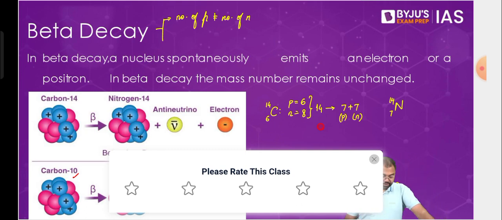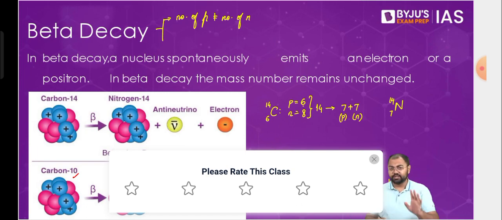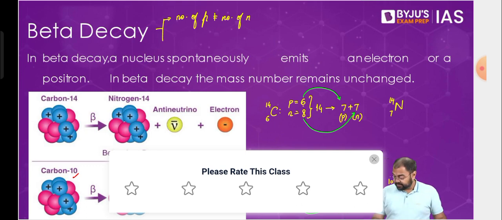So now there can be one more question here. We see that with 6 protons, we went on to 7 protons, and from 8 neutrons to 7 neutrons. In the second case, from 6 protons to 5 protons, and from 4 neutrons to 5 neutrons. Now, when we are looking at the stability of this structure, does it mean that there is an extra proton coming from somewhere? Does it mean that there is a proton coming from outside? The answer is no. One neutron here gets converted into a proton.